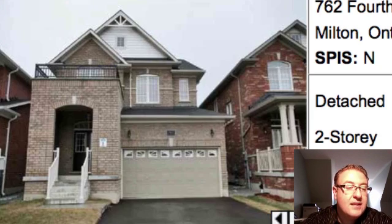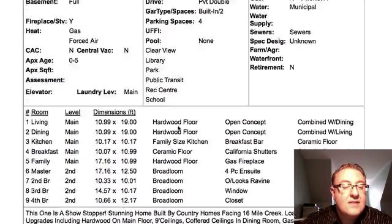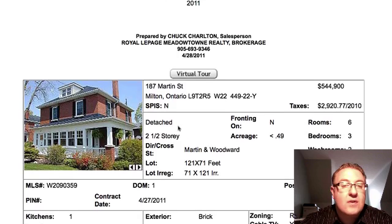No fencing, so you put that in the budget too. And there's no air conditioning on this one. So there's some window coverings, extra costs that you want to make sure that you anticipate. And a lot of times, what most agents don't do is they don't factor that in when they're comparing across the board, which I think is important because money spent is money spent, and it's important to look at the